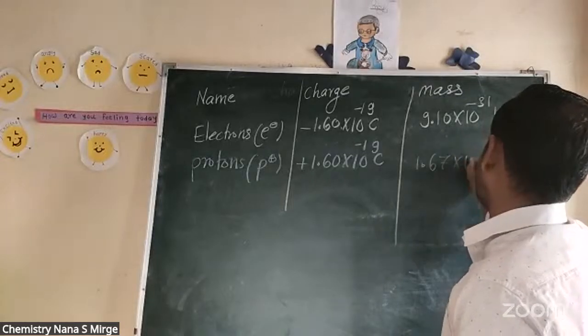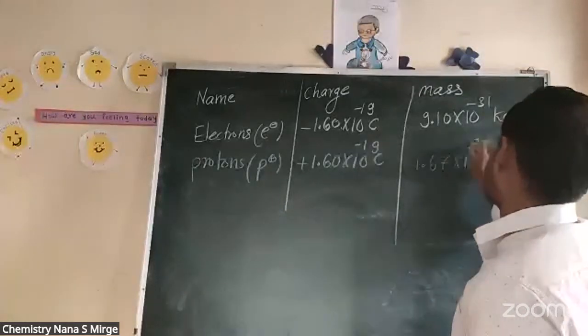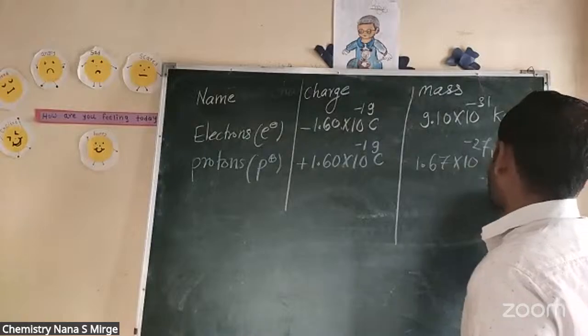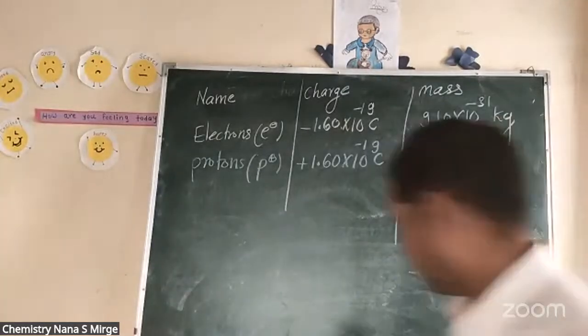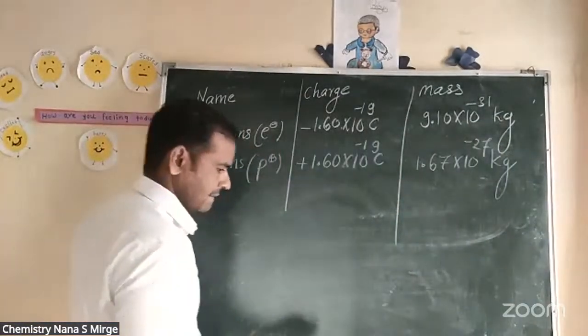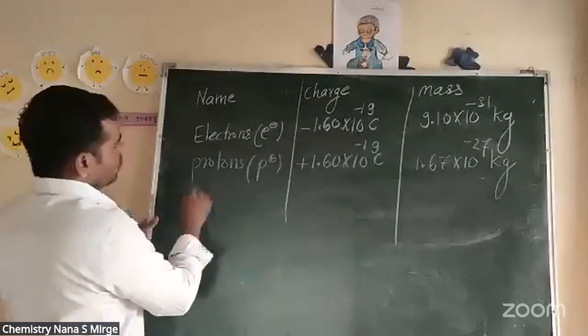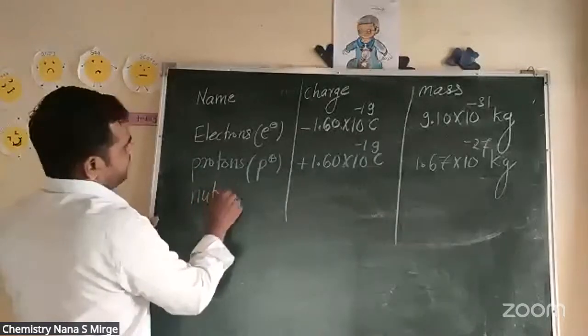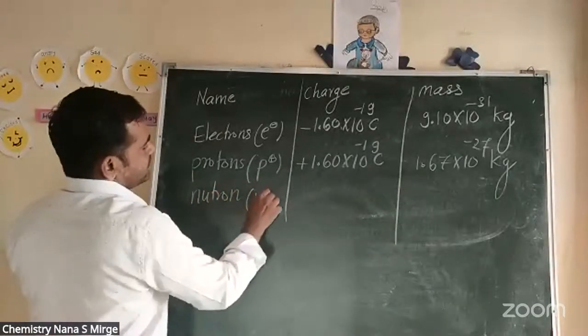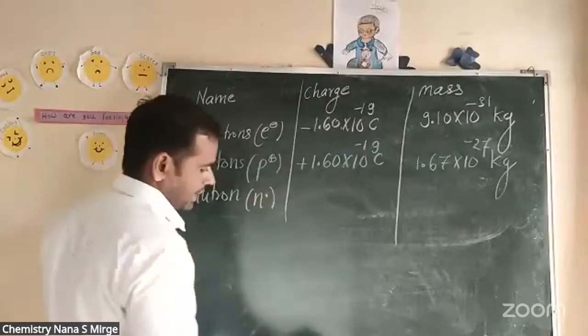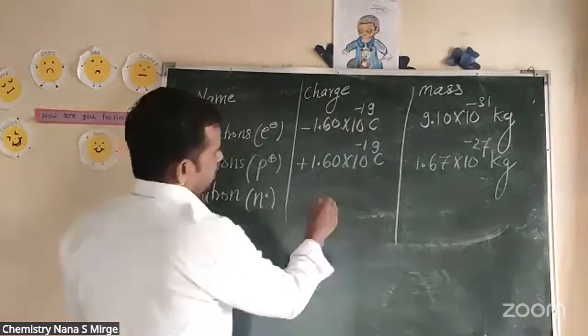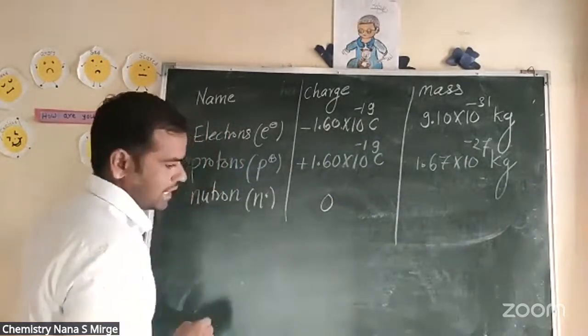1.67 into 10 raised to power minus 27, it is also in kilogram. Then, mass of neutron. The next particle is the neutron and its symbol is n⁰. Its charge is no charge, 0. No charge, and mass is